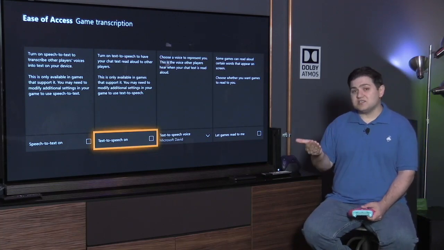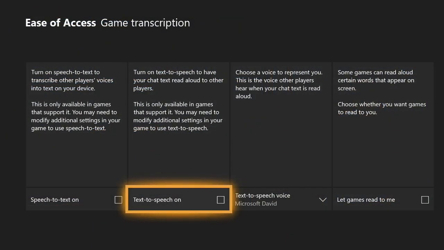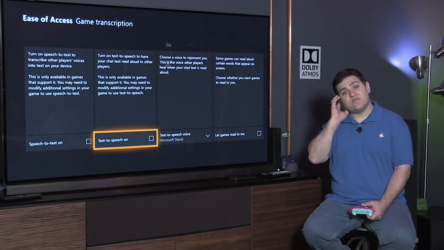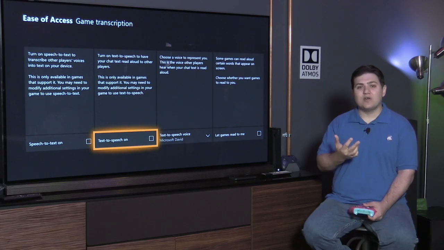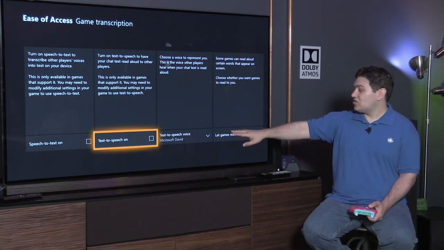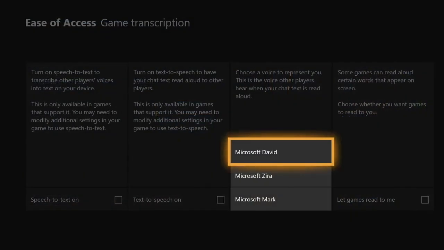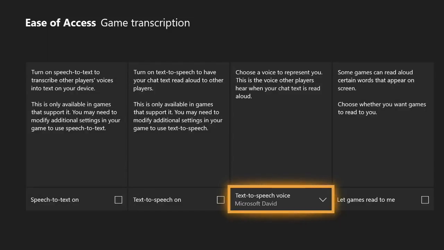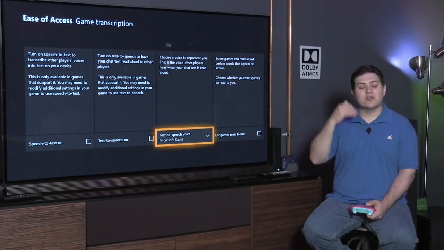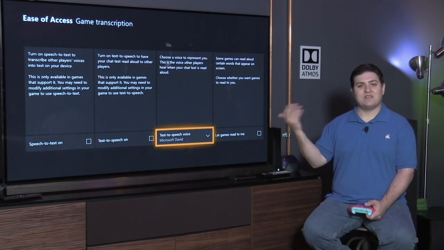Similarly, text-to-speech gives you an ability to, if you are unable to, say, vocalize, type text into a window, and for people who are using headphones, they will hear it voiced out in the voice of your choosing. So here on the right where we have text-to-speech voice, I can choose between 3 voices: Microsoft David, Microsoft Zira, or Microsoft Mark. And whichever voice I pick, when I type that text, the player on the other end would hear what I'm typing out voiced